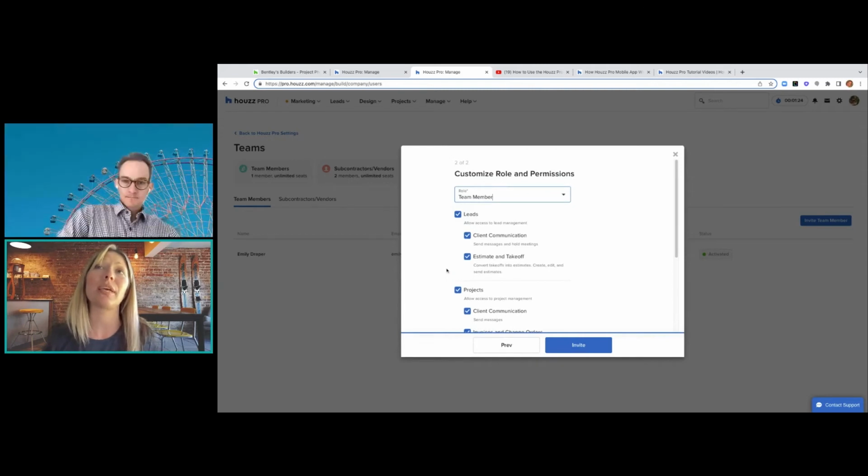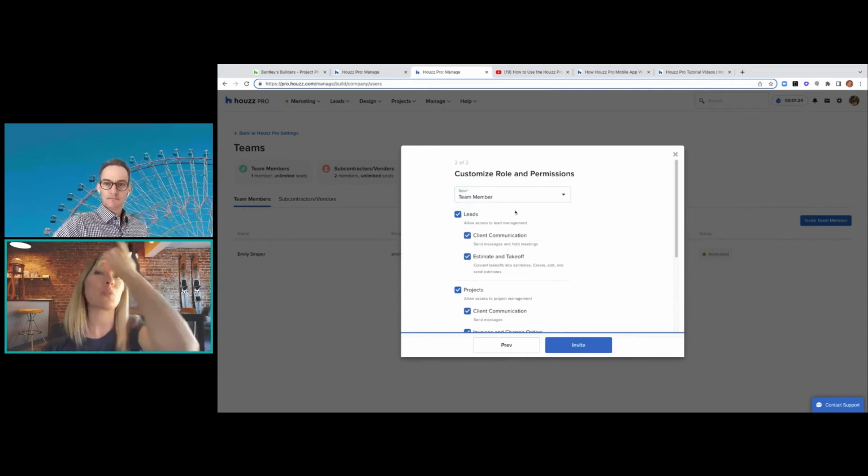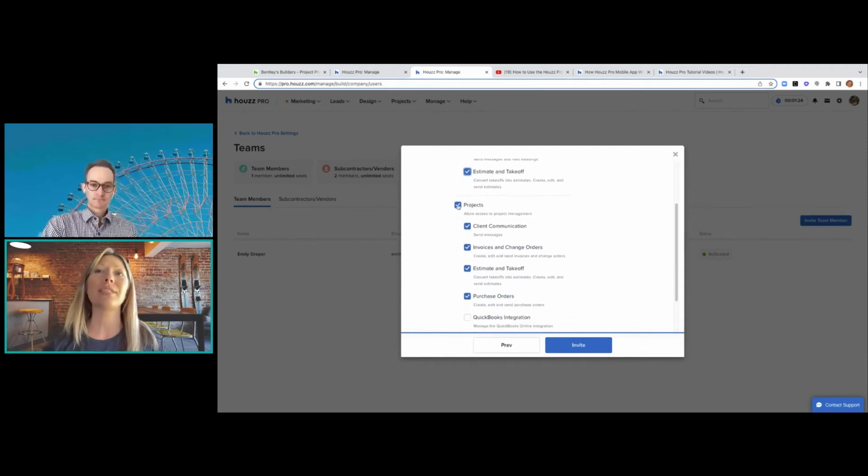So this is really, really important to kind of keep note of, because this is where you can customize the role and positions. You can pick and choose whether you want to give them access to leads or not, or maybe it's partial, maybe it's client communication, but not estimates and takeoffs. So you can really go through and dictate which parts of a project you would like to give them access to,